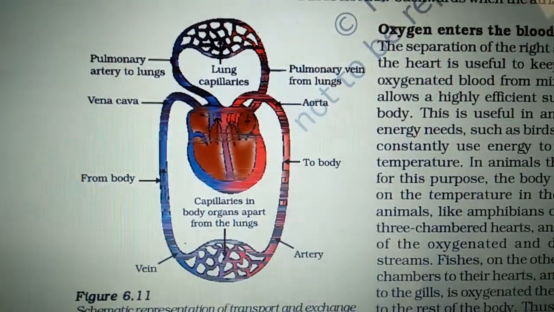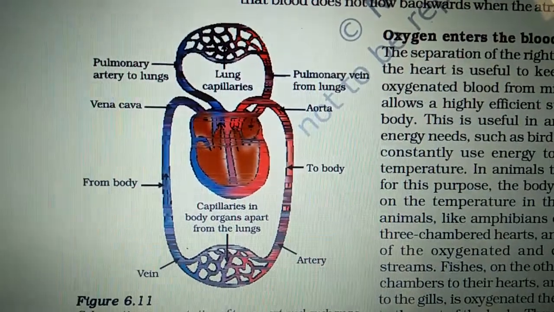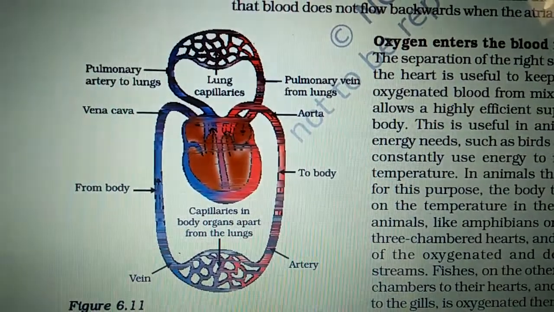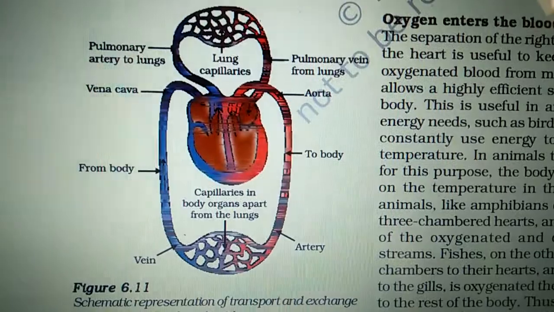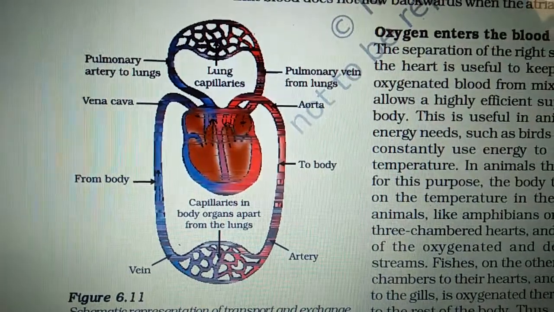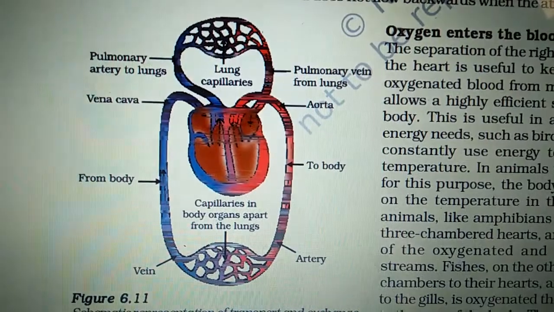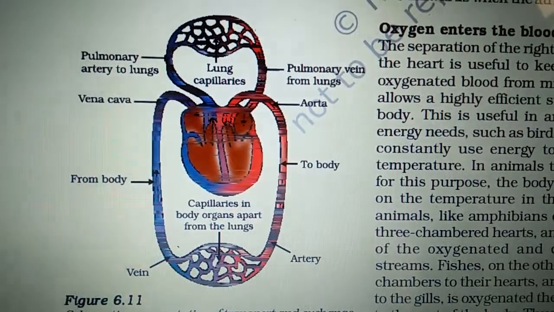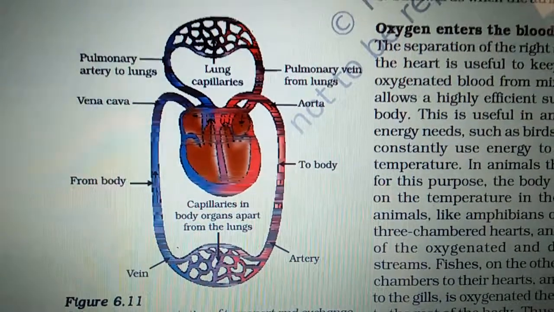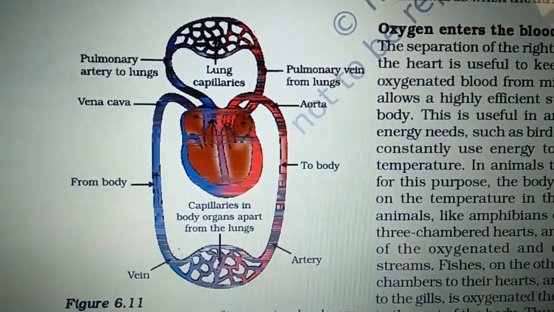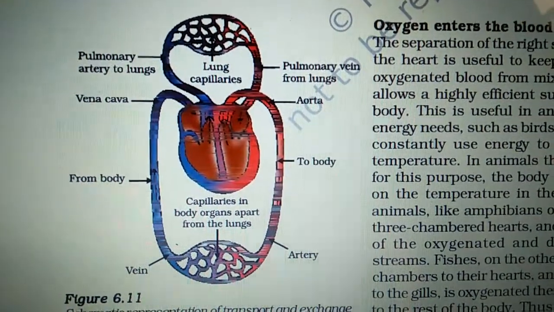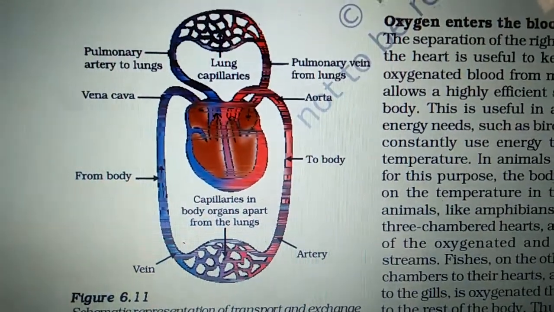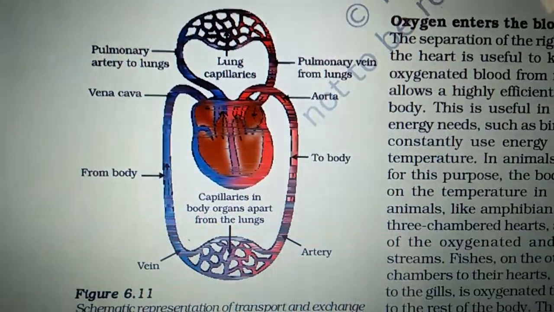If we observe amphibians or reptiles, they have a three chambered heart, meaning two atria and one ventricle. So a little mixing of oxygenated and deoxygenated blood takes place, because they have two atria and one ventricle. Their energy requirement is less as compared to mammals and birds. In mammals and birds, energy requirement is high because they cannot change body temperature according to the environment, so it is very necessary to keep oxygenated and deoxygenated blood separately.